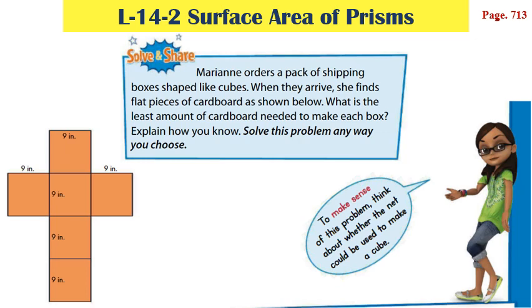Again. Marianne orders a pack of shipping boxes shaped like cubes. When they arrive, she finds flat pieces of cardboard as shown below. What is the least amount needed? Explain how you know. Solve this problem any way you choose. To make sense of this problem, think about whether the net could